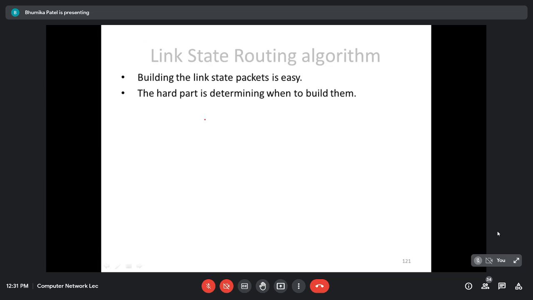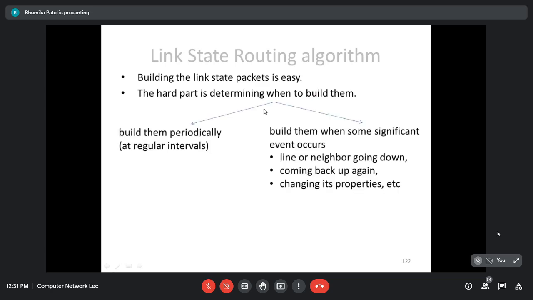And there are actually two cases when we can generate the link state packet. First, we can generate it periodically at regular intervals, or we can build it when some significant events occur in the network. For example, whenever a line or neighbor goes down, at that moment we can create the packet and propagate it to the neighbors.